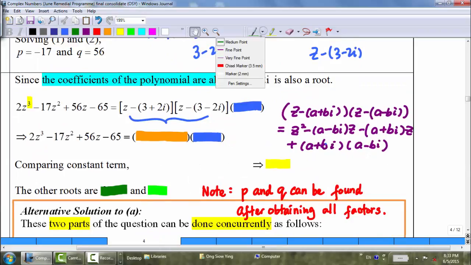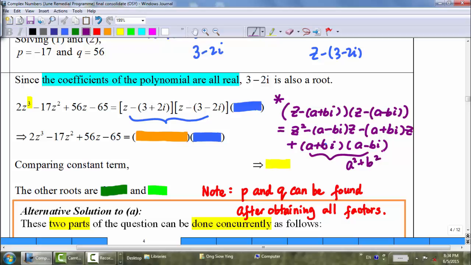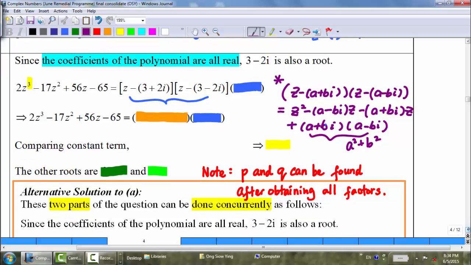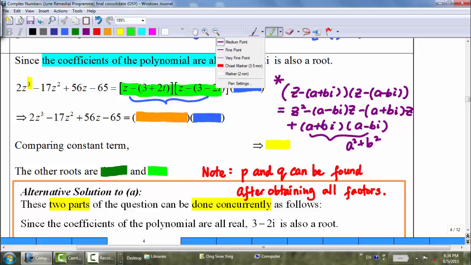This is the very important expression which I've just explained: a plus bi multiplied by a minus bi will give you a squared plus b squared. So when you expand these two linear factors, these two are the linear factors I'm referring to, you will end up with